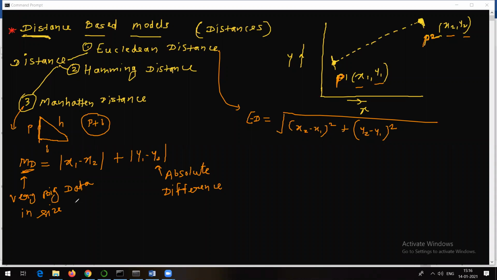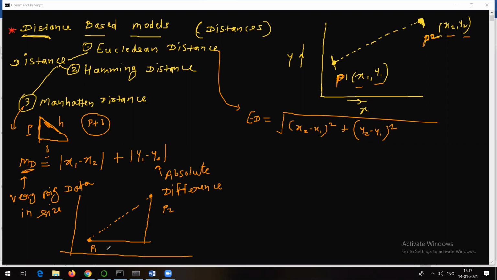As I've shown in this particular figure, you can come up with this kind of figure. Suppose this is the x-axis, this is the y-axis. This is one point, this is another point: P1 and P2. To find the distance between P1 and P2, we draw this line and this line.